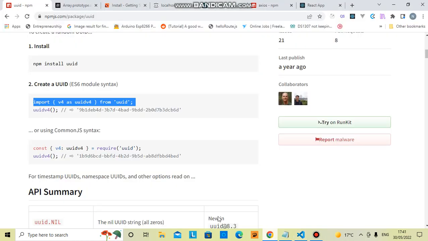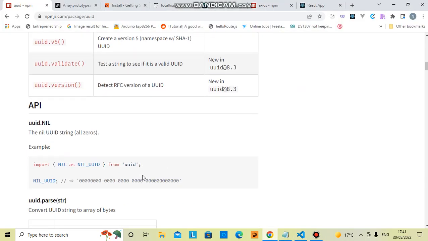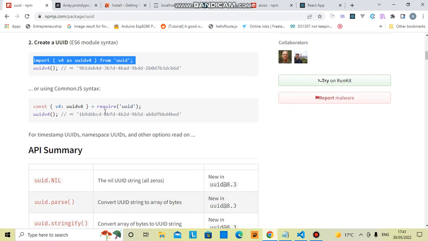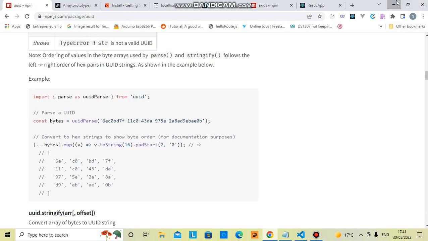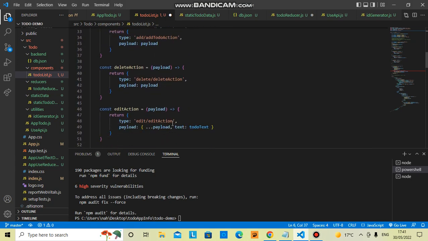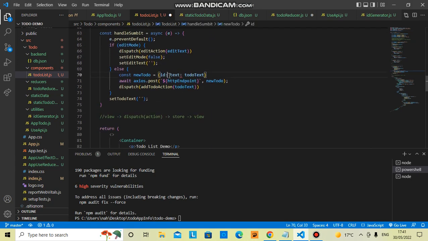Then let's see how the library says to use it. You can just use it straightforwardly as uuid v4. Okay, so then our ID here will be uuid v4. Now the text is todo.text. So this is our to-do object, which is passed as data to our HTTP endpoint post. Then our new to-do